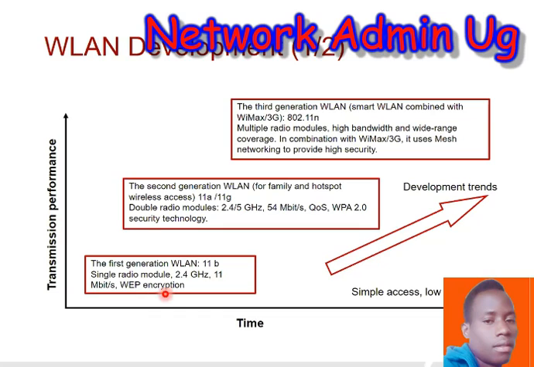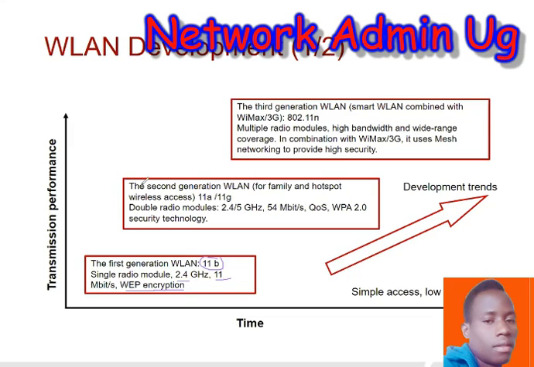So what we see here is that we look at the standard. We can see the various standards here. For example, we see the 802.11b standard, which runs at 2.4 gigahertz and has a maximum speed of 11 megabytes per second, having the Wired Equivalent Privacy encryption standard being used for the encryption. So this standard here is being used for encryption in the 802.11b and given a speed rate of that.